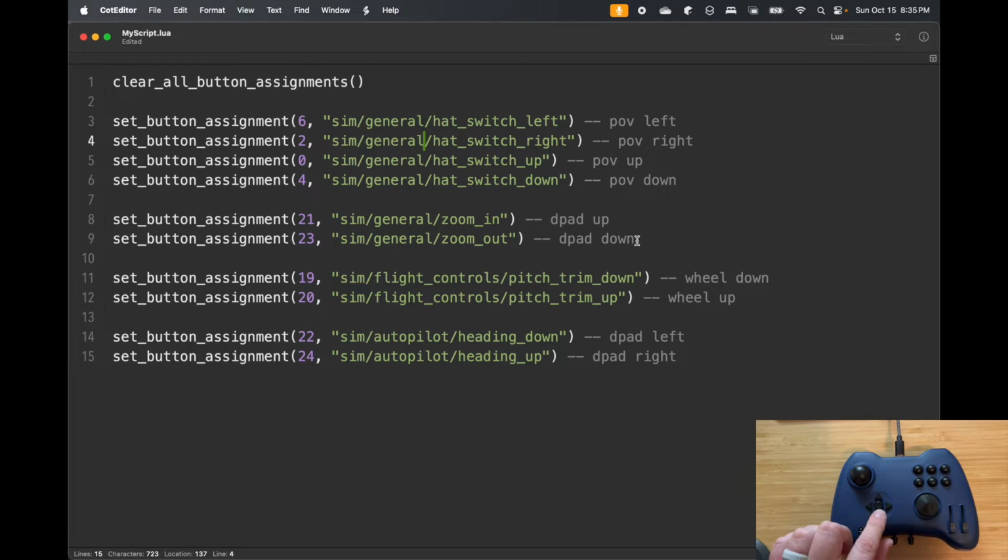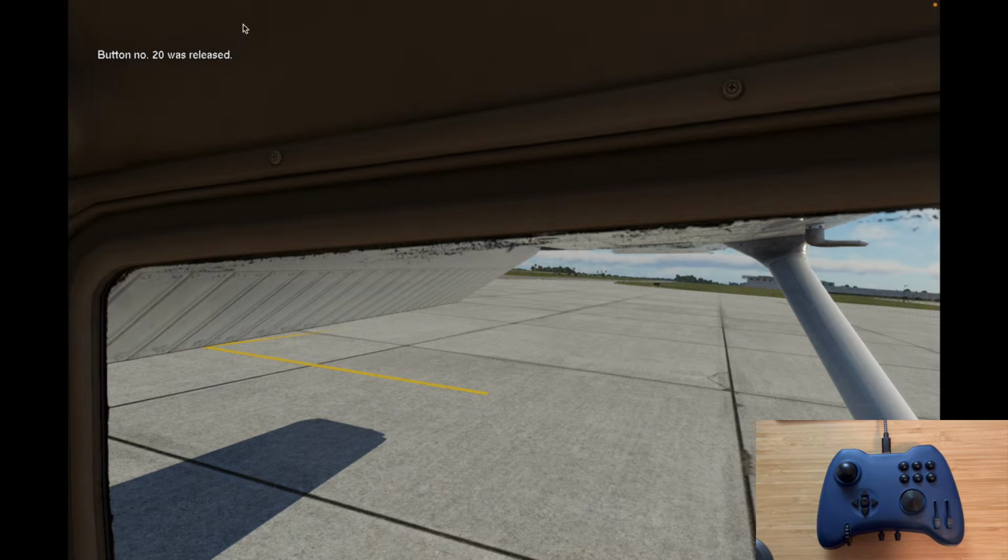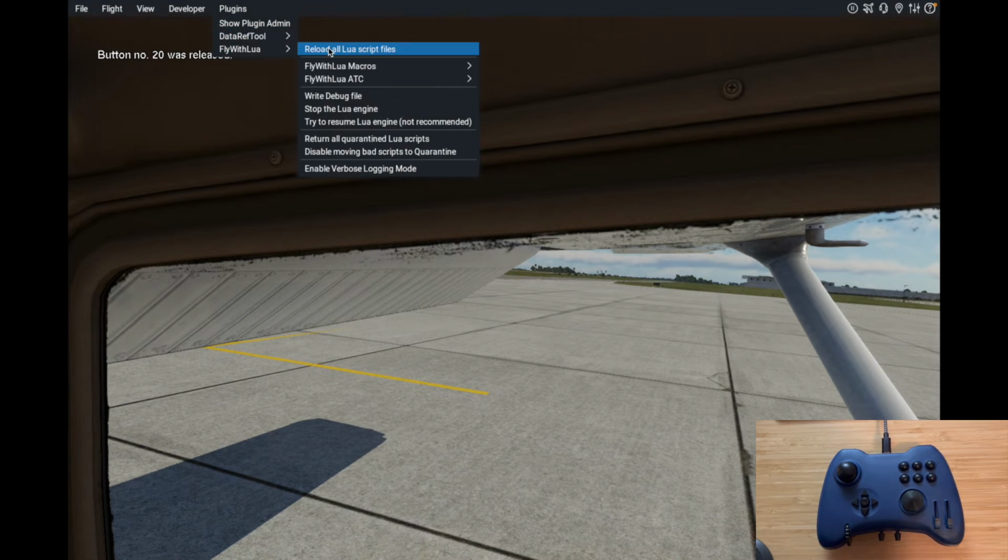I'm going to set the D-pad down to zoom out. I'm going to set the trim wheel, obviously, to do trim. Makes sense in a Cessna, although I could probably use the POV for trim, which I'll show an example of as well. But I can use this to map trim down and trim up using buttons 19 and 20 respectively. And then D-pad left and right, those are going to move the heading bug in my heading indicator for my autopilot. So let me save this script, and let me go back to FlyWithLua, and I'm going to reload all